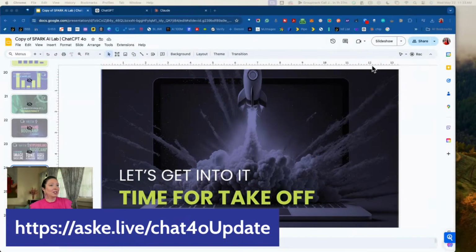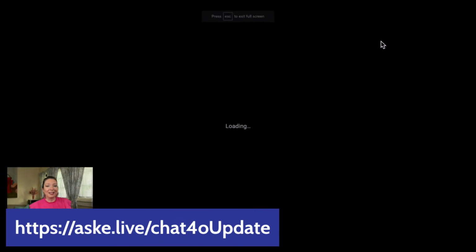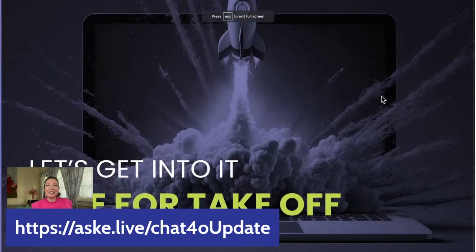Oh, that's not actually in the slideshow mode. I hope that you take the opportunity to dig in and experience these models for yourself. There are some really exciting aspects of ChatGPT and all of its new features, and I encourage you to think about how you can work those into your business and help from an efficiency standpoint.